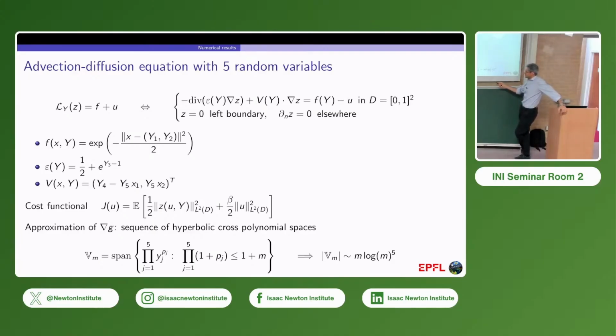And in dimension 5, we still work with polynomial spaces, but with this type of hyperbolic cross spaces, meaning that we take all monomials in the 5 random variables, and we look at the degrees, and the product of the degrees should be smaller or equal than m. I mean, the standard polynomial space would use the sum of the degrees, but here we take the product of the degrees, which has a much coarser, sparser shape, so much fewer terms. So it's a good space if you have some nice regularity, so-called mixed regularity. And the size of the space, where m is the maximal degree, grows almost linearly, like m log m to the power